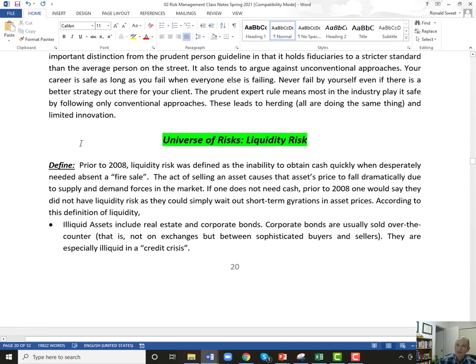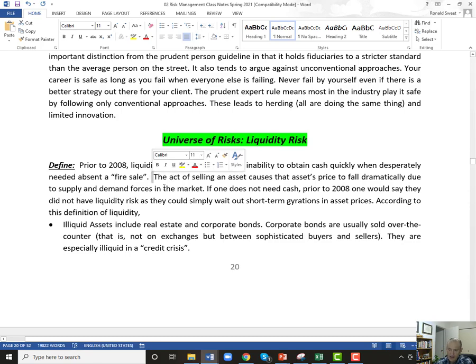So let's get to the second risk, liquidity risk. Liquidity risk might be the most difficult one to measure, and it's getting a little bit difficult to actually define. You'll notice some of your banks will have a whole section on liquidity risk. You might read it. There's definitely a close tie between liquidity risk and price risk, and the reason for that is the traditional view prior to the 2008 crisis. The traditional view of liquidity risk is you needed cash, and the only thing you had to sell was very illiquid, and you had to take a huge discount on the price. You had a fire sale, and because of that, you lost a lot of money.